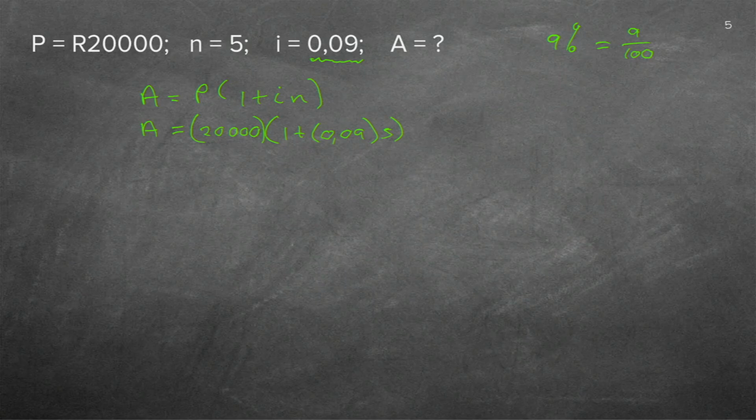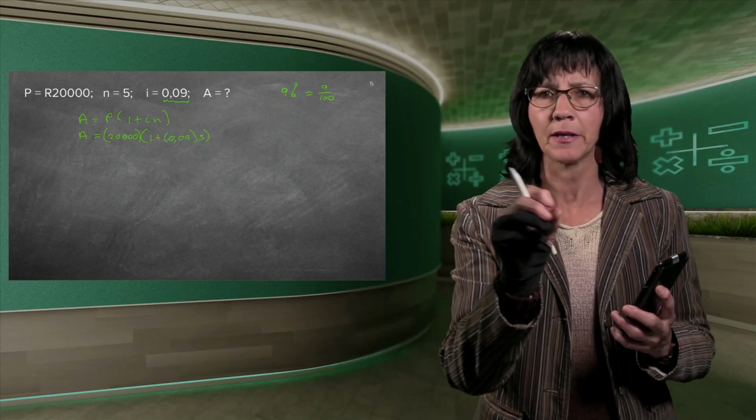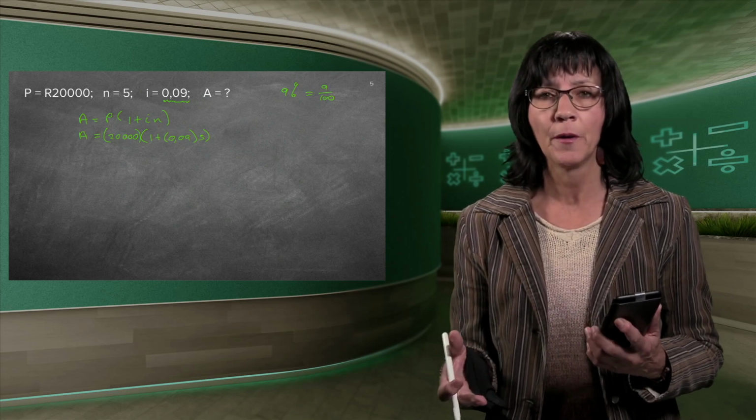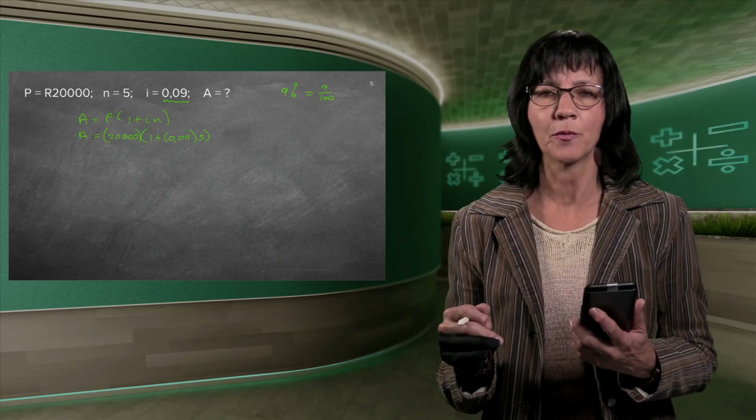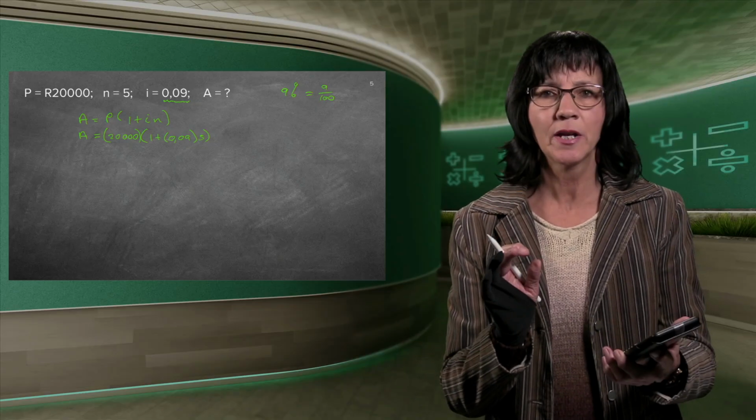And all you do now, you grab your calculator. Now, luckily, you can do all of this at once on your calculator. Please don't work out a piece of the sum, write down the answer, and then work out the next piece, because then you're going to tend to round off. We may never ever round off inside a problem. We only round off the final answer. So rather not do that. Your calculator is clever enough.